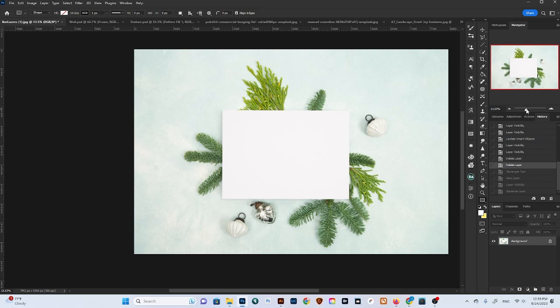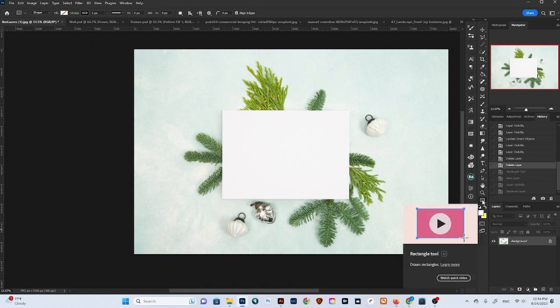I love smart objects because it's one of the easiest ways to change artwork once you've just created your smart object. There are a few ways of creating them, so let's see how it's done. One of the easiest ways, especially in a template that is pretty square on and you can see where the card is, is to grab your rectangle tool, and in my case it's right here